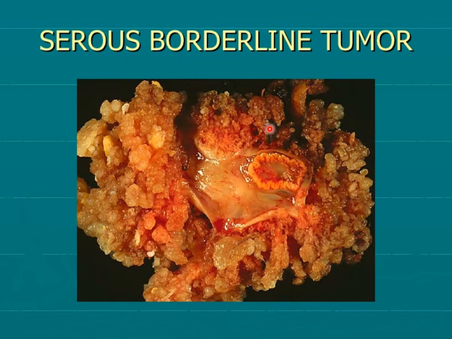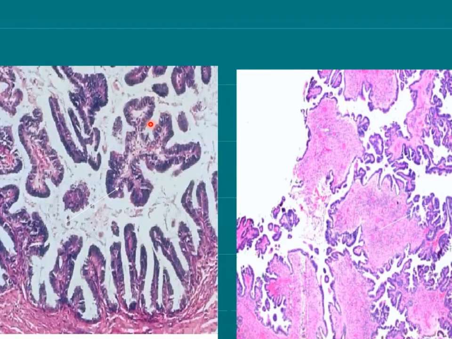Now we come to the borderline tumors. Borderline tumors are tumors that are considered neither benign nor malignant. So these are the middle type of tumors. What is the characteristic feature of these tumors? Grossly, you will see such a configuration. You can say papillary configuration, but you will not find an invasive or infiltrative pattern. Here we come to the histological finding of the borderline tumor.